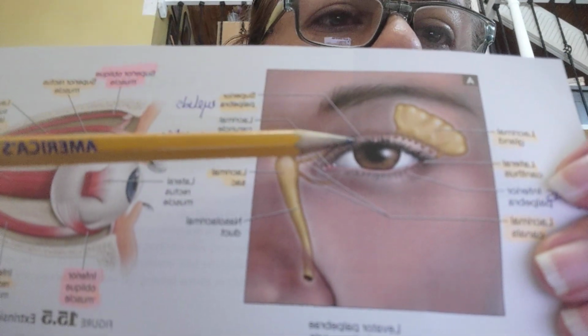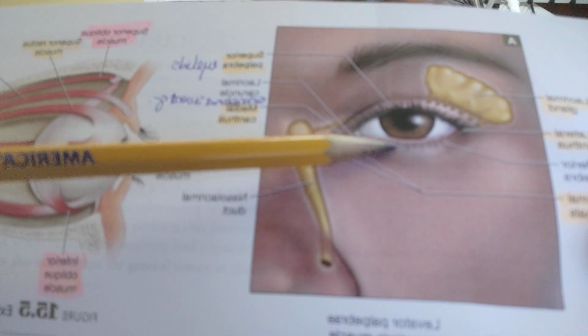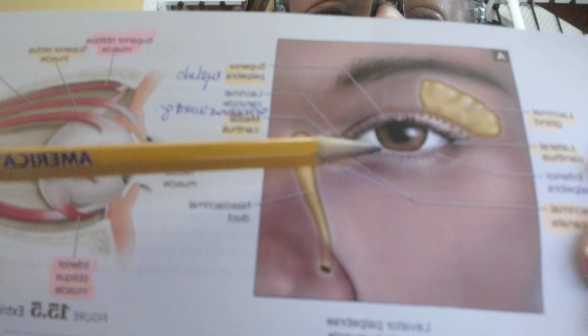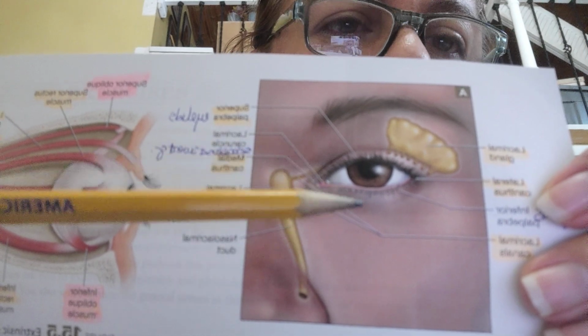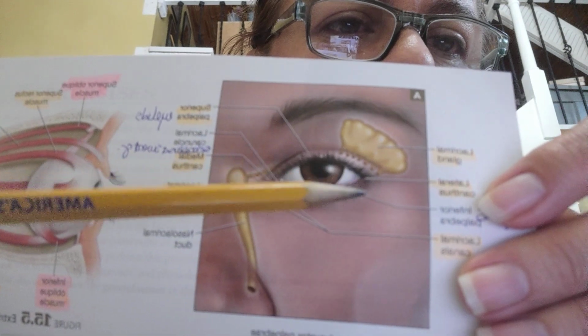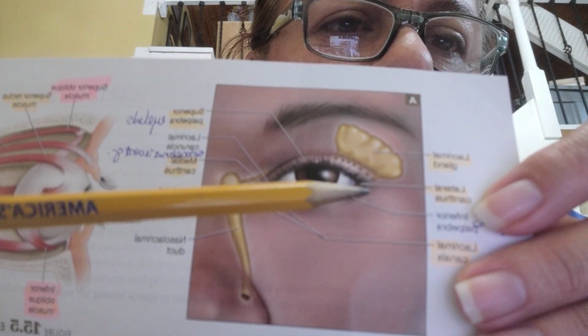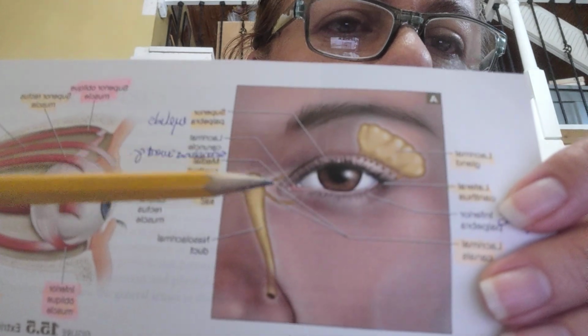Now there's also the upper lid and the lower lid right here. Now they have scientific names. So this one is the superior palpebra, and this one is the inferior palpebra. Now these eyelids, they meet laterally, and it's called the lateral canthus. When they meet medially